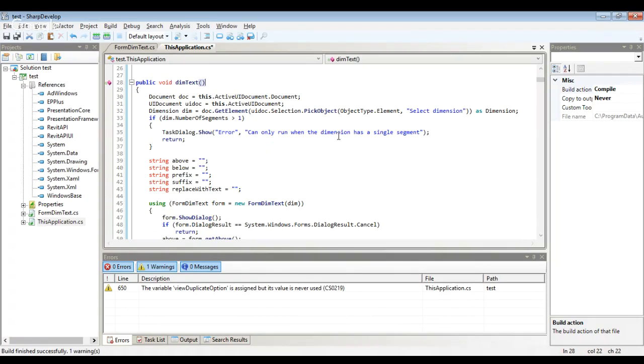The problem they described in the ideas post is that sometimes the text that you're trying to override is not visible. Also, that you can, by mistake, move the text when you're trying to click on it to bring up the override dialog. So if we come over to Revit now,